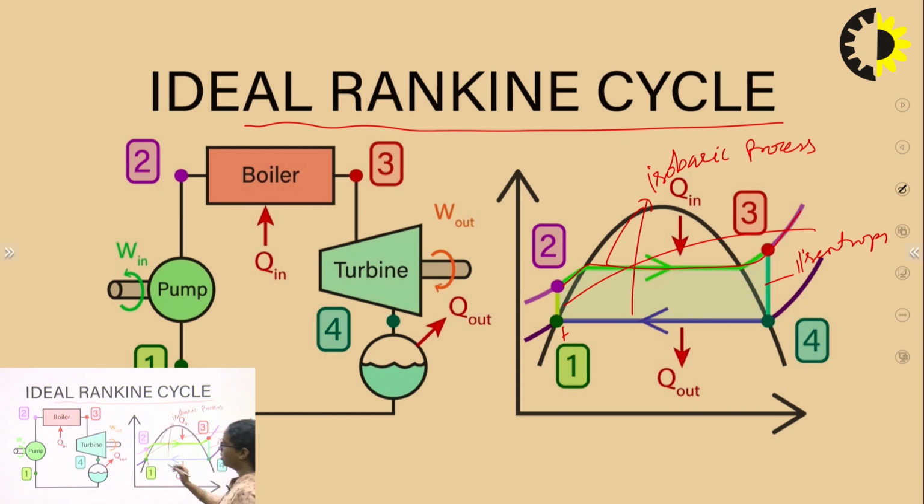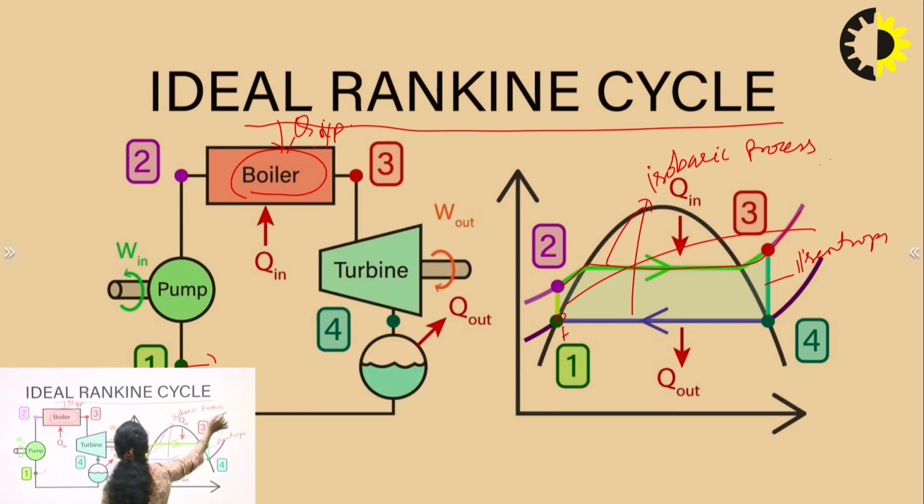And this is the block diagram of a steam power plant. Here you can see the 4 components of any steam power plant. Starting with the pump, you can see point 1 here. Point 1 refers to the inlet of the pump. Now at point 2, we get the outlet of the pump, which is fed to the boiler. So heat is supplied here, heat input at constant pressure. Heat is supplied to the boiler at constant pressure.